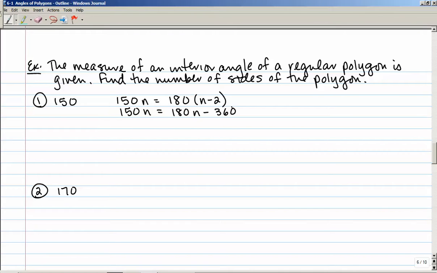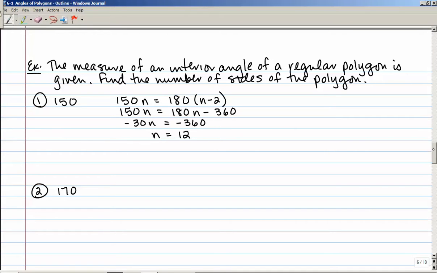So just go ahead and distribute, because what we're doing here is solving for n. Subtract 180n from both sides. That gives me negative 30n equals negative 360, and divide both sides by negative 30. That gives me n equals 12. So in other words, a 12-sided polygon, which is known as a dodecagon, has an interior angle with a measure